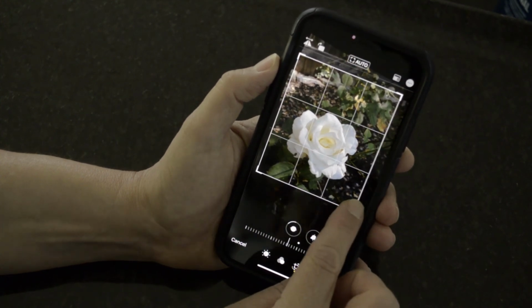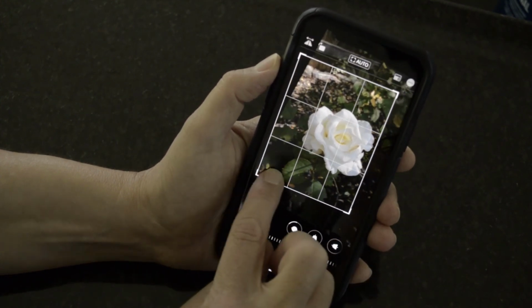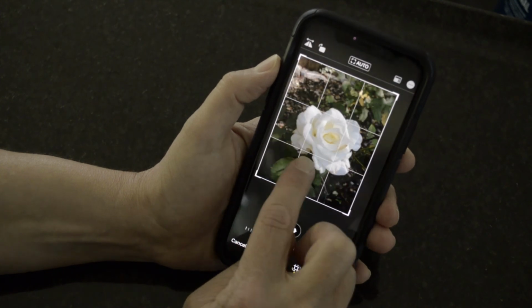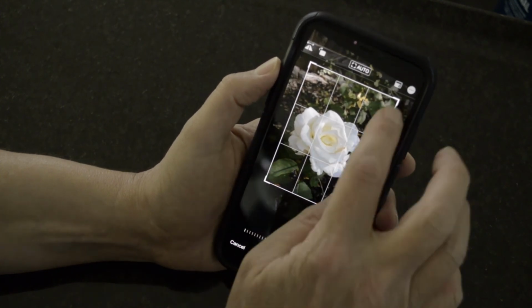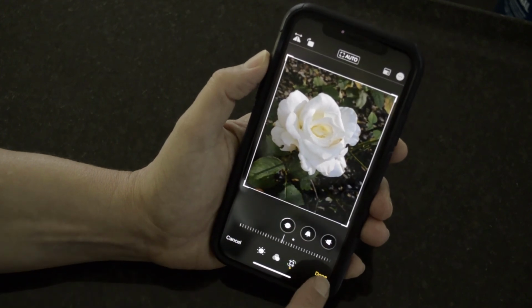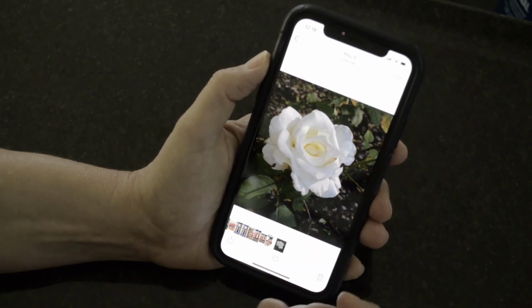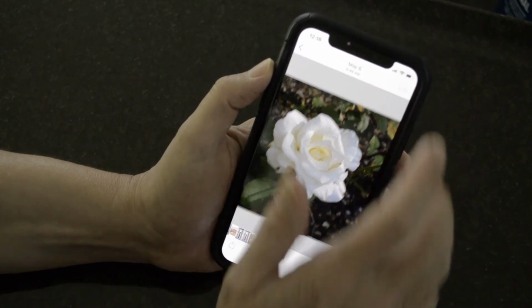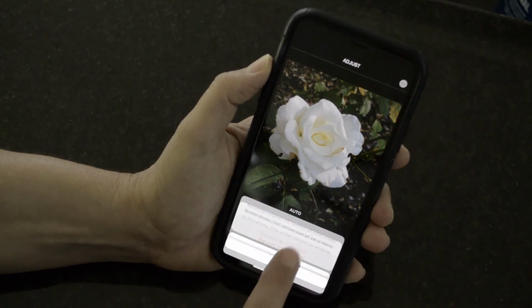And all you can do to crop your picture is drag the corners. It'll give you the ability. You can also grab the image and move it around if you wanted to center it. You could go ahead and do it like that, and then you hit done. Okay. If you want to undo that, you can go up to edit and hit revert, and it'll revert to